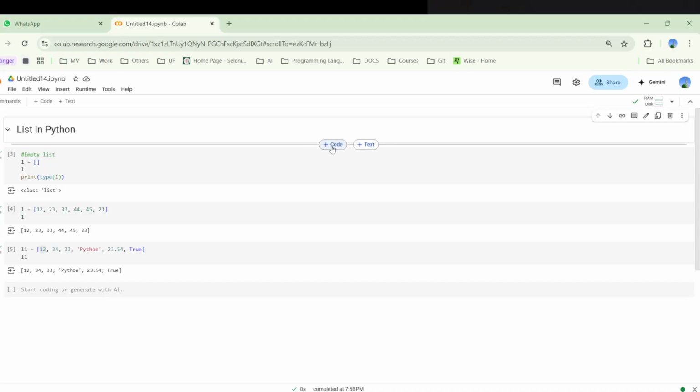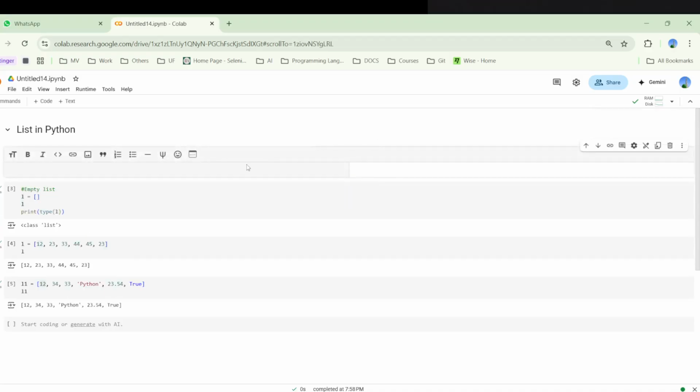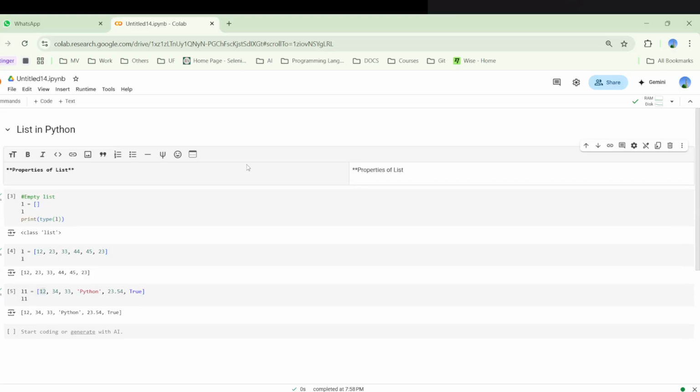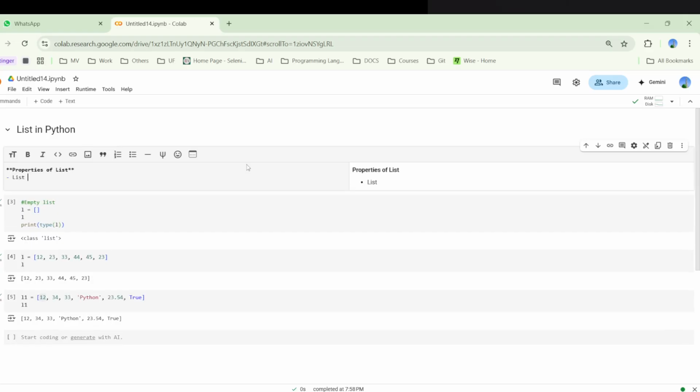So I can write it this way. I can say, properties of list: list can store duplicate data,